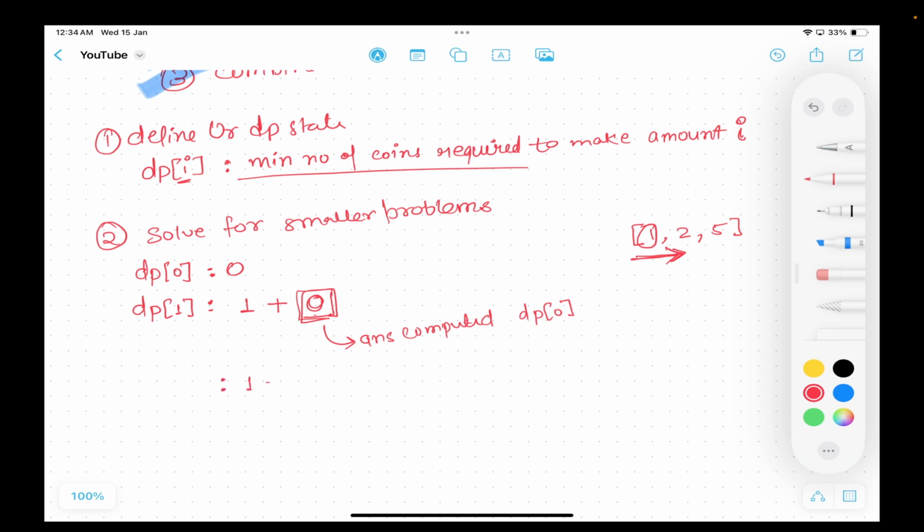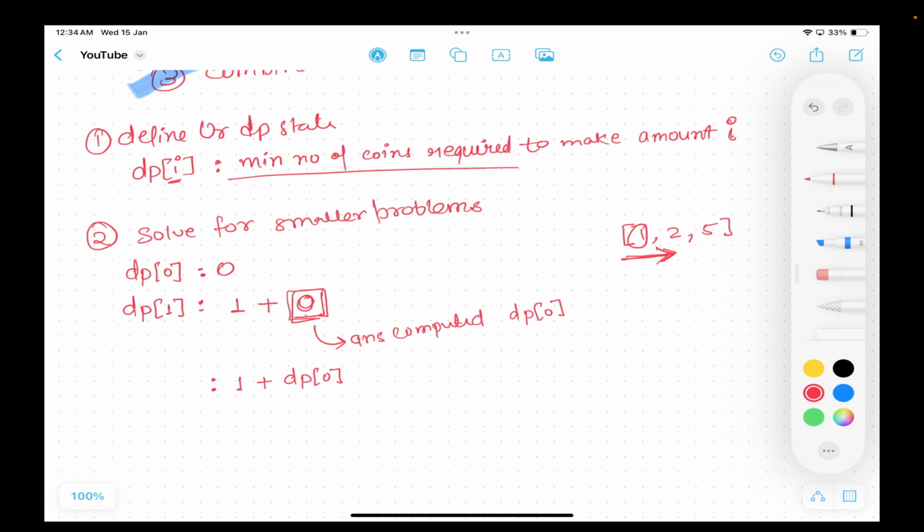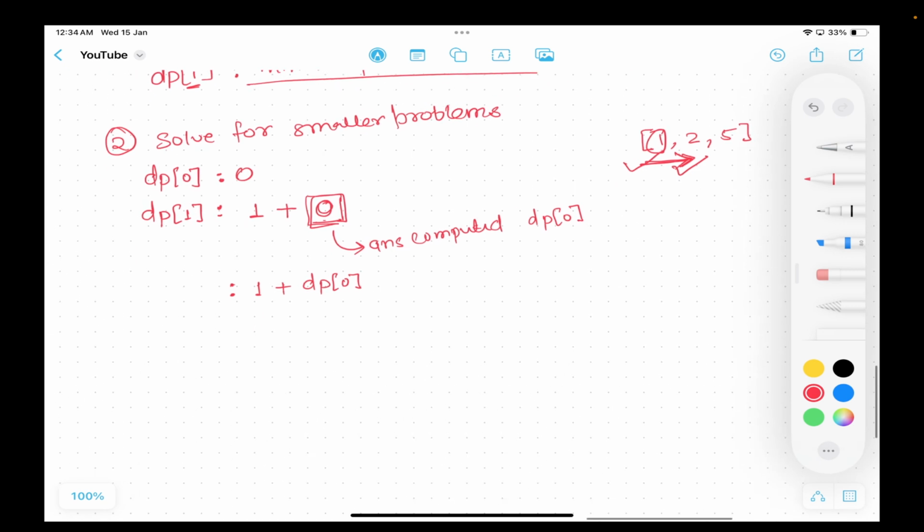तो डीपी ऑफ वन क्या होगा, वन प्लस डीपी ऑफ जीरो। बट बिकॉज दिस इज वन, ऐसा नहीं करोगे कि तुम वन पे ट्रेवर्स किए फिर टू पे भी जाओगे, क्योंकि जब टू को ऐड करोगे तो वन से बड़ा हो जाएगा, तो टू को तुम वैसे भी नहीं ऐड कर सकते। सो हम टू को कंसिडर नहीं करेंगे, हमारा लूप नहीं चलेगा यहाँ पे, ठीक है। सो आई विल मूव टू द नेक्स्ट डीपी। अब डीपी ऑफ थ्री पे जाओ,